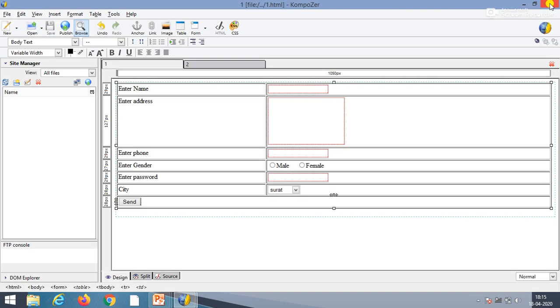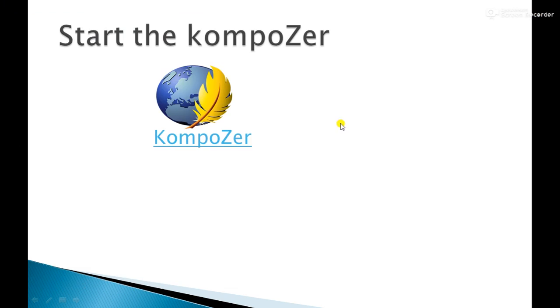So students, this is how we create the HTML. I hope you understood how to create web pages using the Composer, which I already told you in the previous video, but in this video we have done it on a practical basis. So till then, practice in the Composer, download the Composer app on your PC and practice with it.